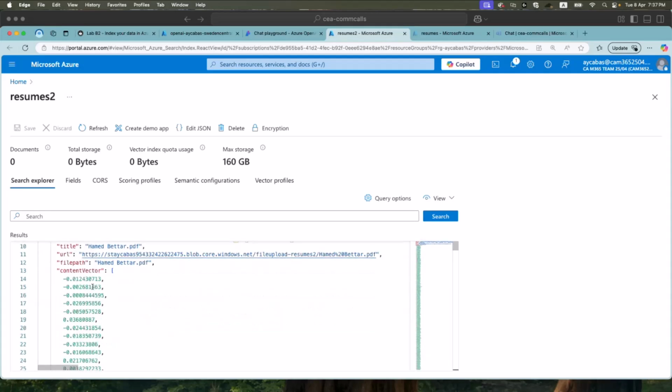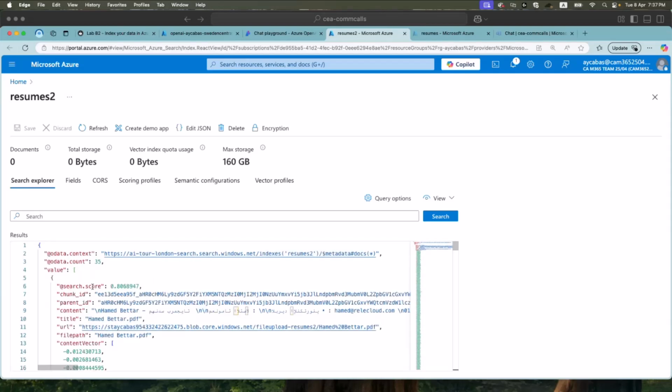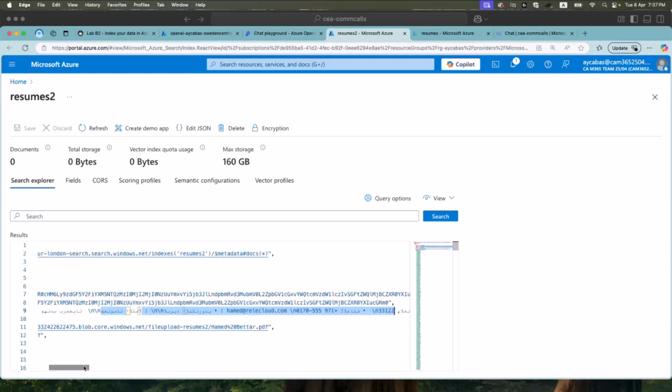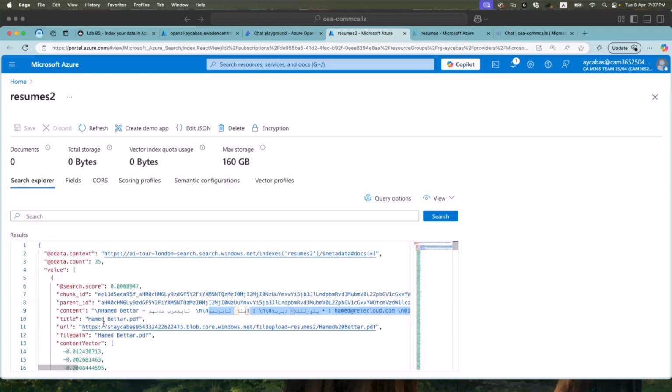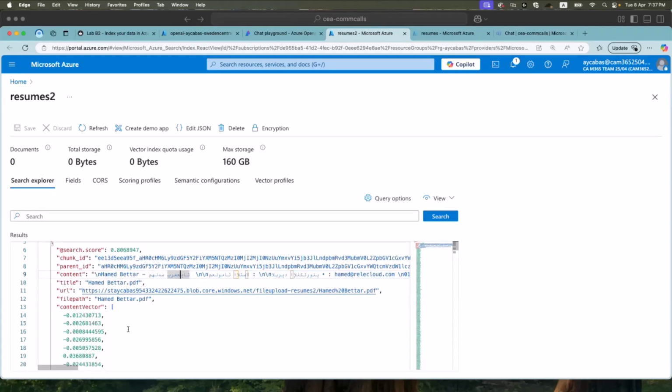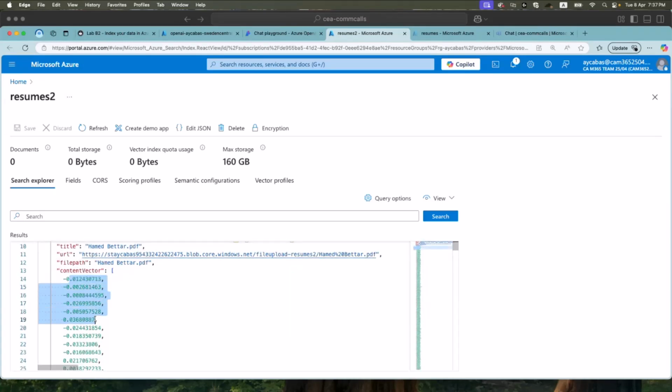And we have some resumes, as I mentioned earlier. So we have chunked ID, parent ID, content itself, which is multi-language resumes we have available. So we have in Dutch, Arabic, Turkish, all of the different languages available, very diverse. And the same data, the same content is also available as content vector.